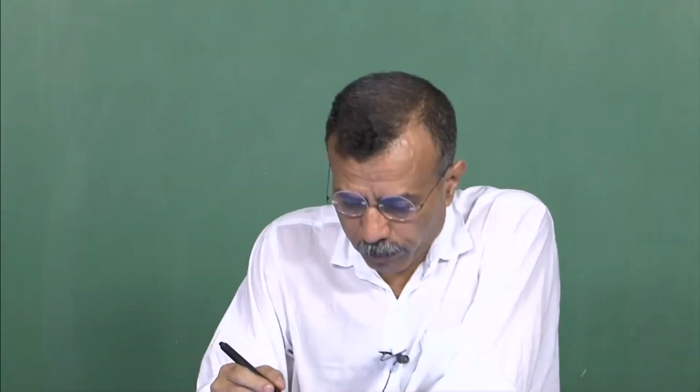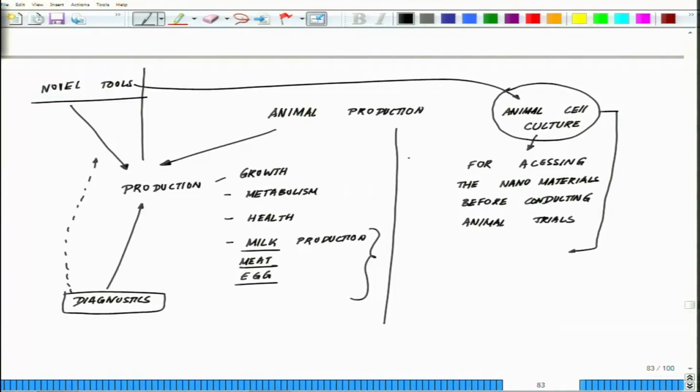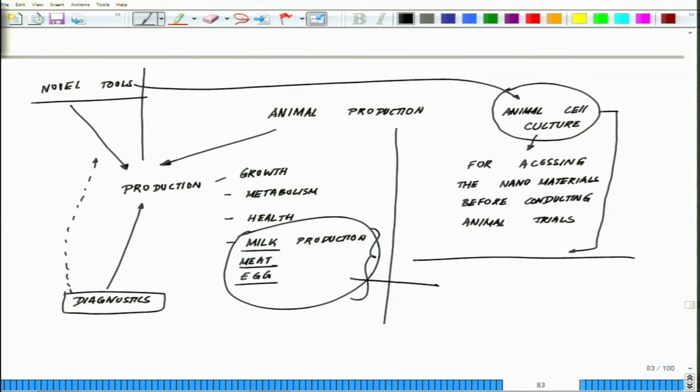So part 2 of this story is the products which we are deriving from animals. Preservation. The other one is, of course, when you talk about animal health, sperm. This also falls under